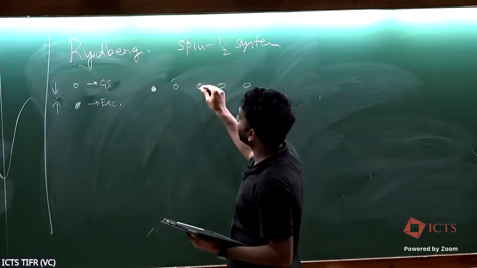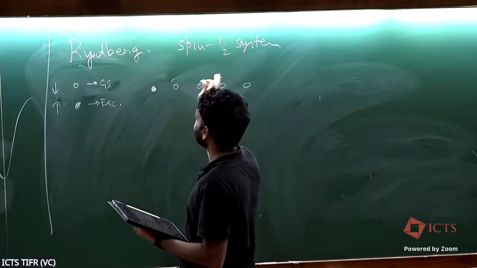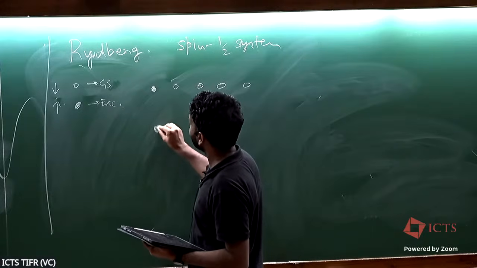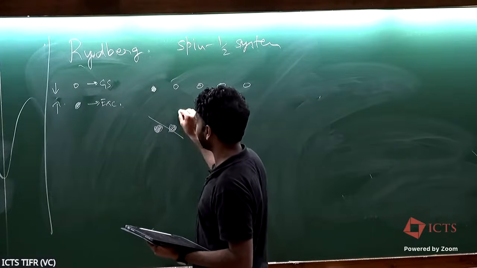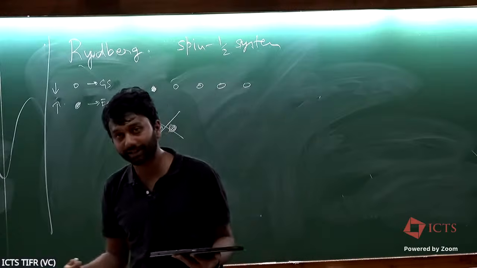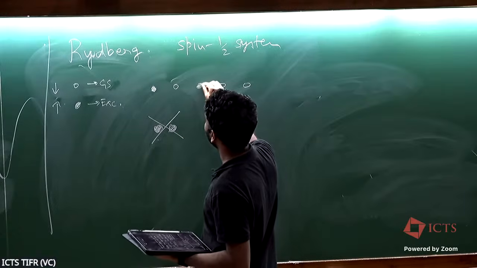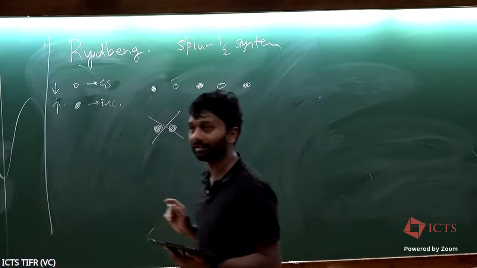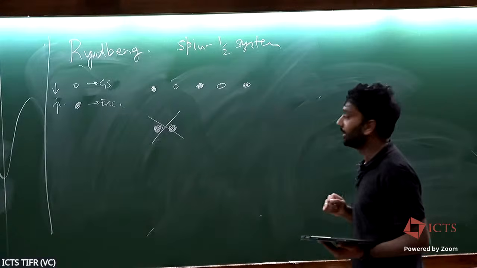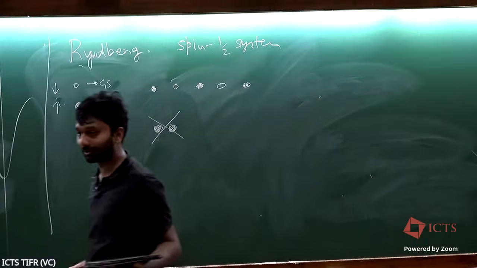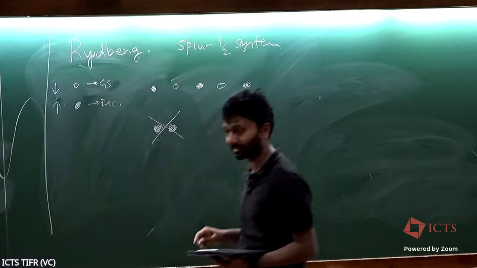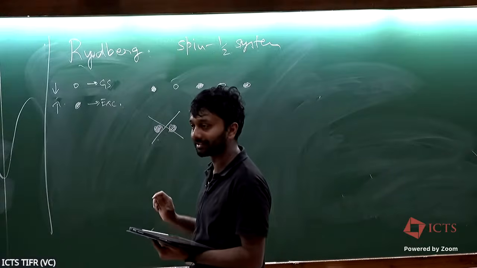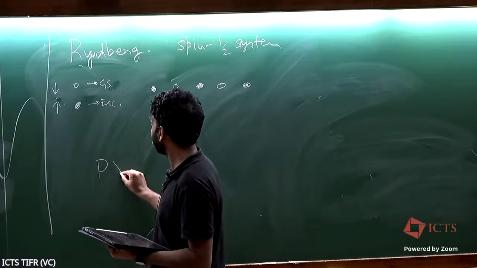In these experiments, because of interactions between the Rydberg atoms, you can never have a configuration where two excited states are beside each other. So your Hilbert space is now constrained. It only consists of configurations where no two neighboring Rydberg atoms are simultaneously excited. You can write down a free Hamiltonian which satisfies this constraint, which means the system can do anything provided it does not violate this constraint. That is called the PXP model.